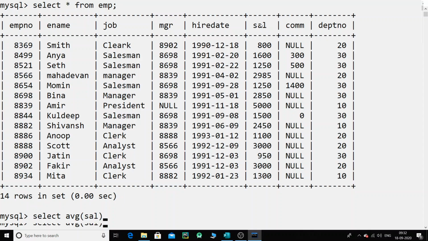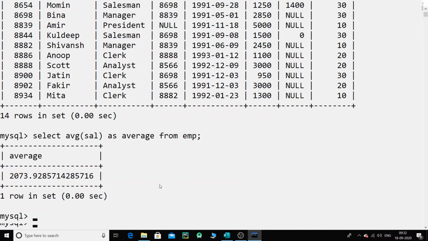That is this particular column which stands for salary, and let me rename that as average, and then from the table, that is EMP. Let's enter, and now you can see that the average is this number. So this is the average salary that I'm paying to the employees.